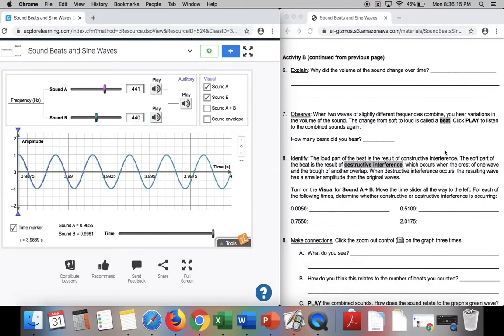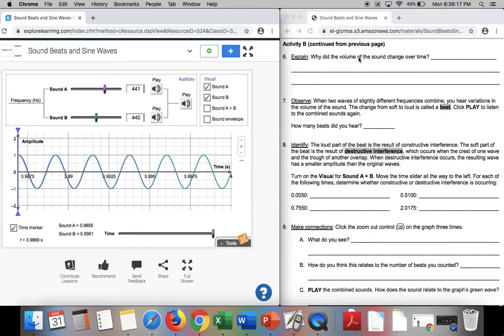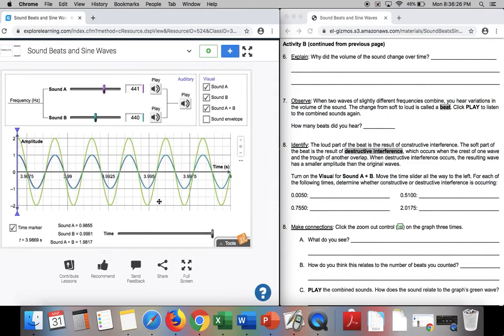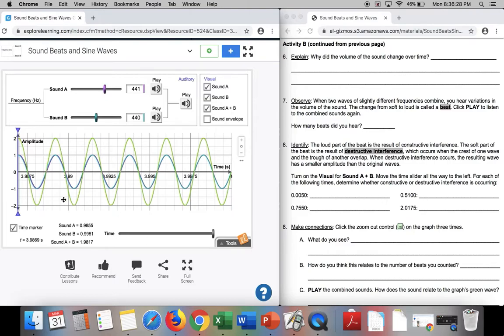Number 6, we're going to explain why the volume of the sound changes over time. So if I'm looking at it, I want to know why it changes over time. And if you play it again,